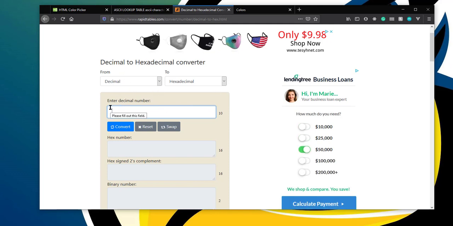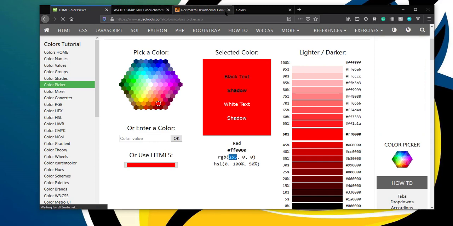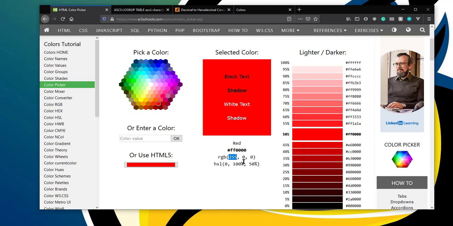And I told you that 255 is the highest value of that. If you remember right, I said 255 is the highest value of red, green, and blue that we can get. So if I type in 255 and I click on convert, apparently FF represents 255. Again, FF takes much less space than 255, which is why programmers use this. And so if I take this idea that FF is equivalent to 255, and I look back here,